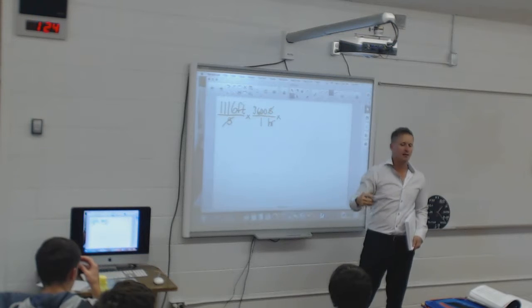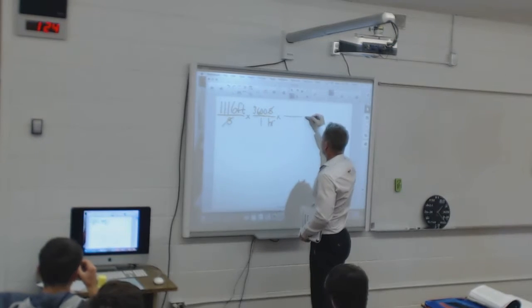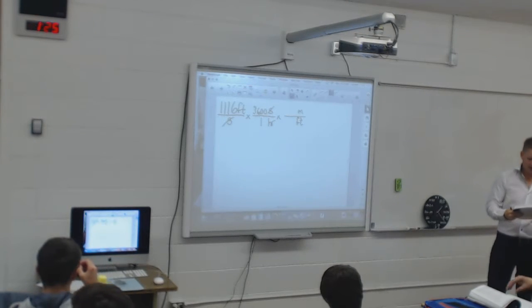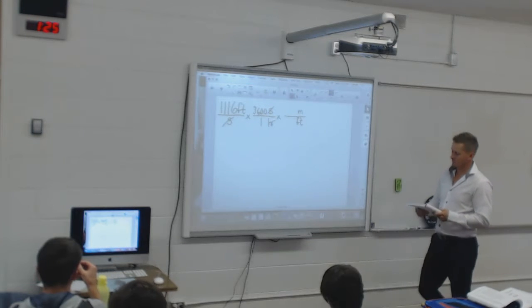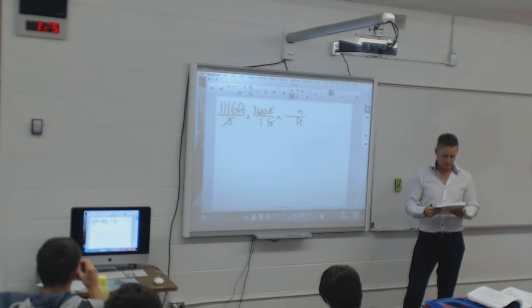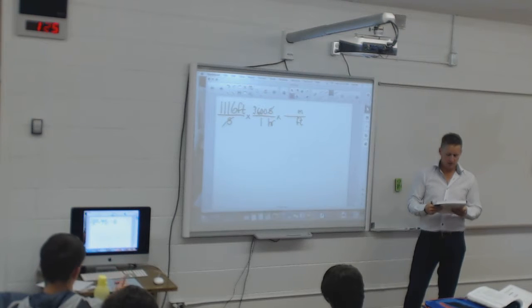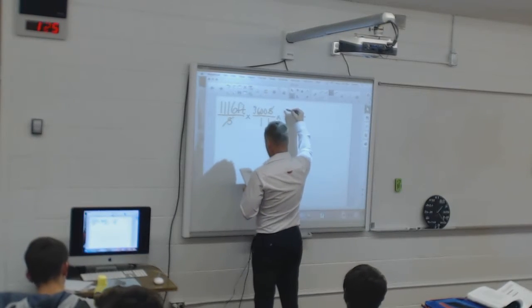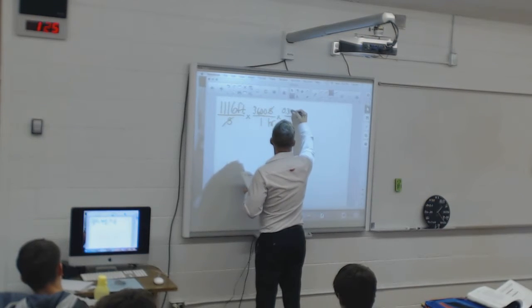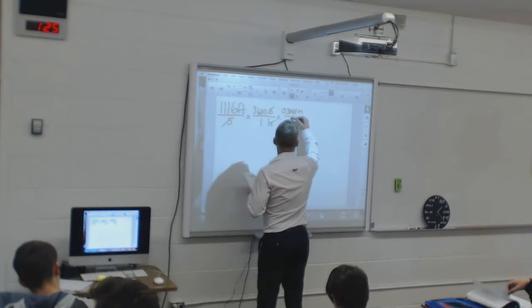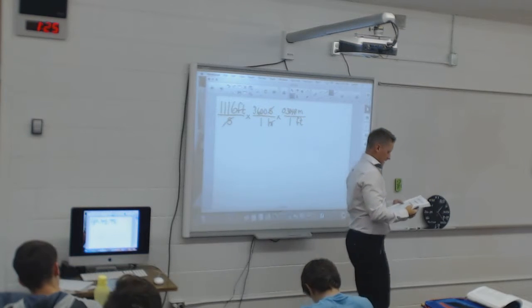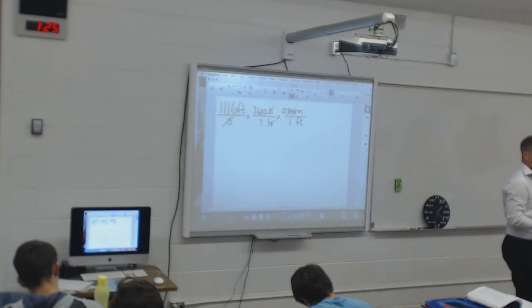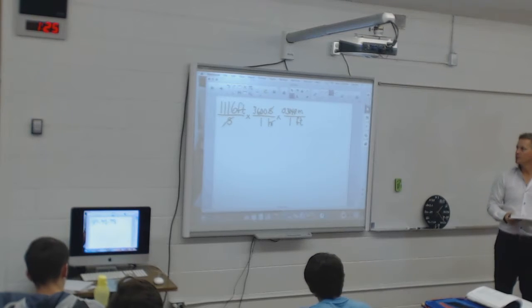I'm going to change to meters first. So I have to put the feet on the bottom and the meters on top. Looking at page 9, what is my ratio of feet to meters? 0.3048 meters in 1 foot. Okay, I like it. So now I have,